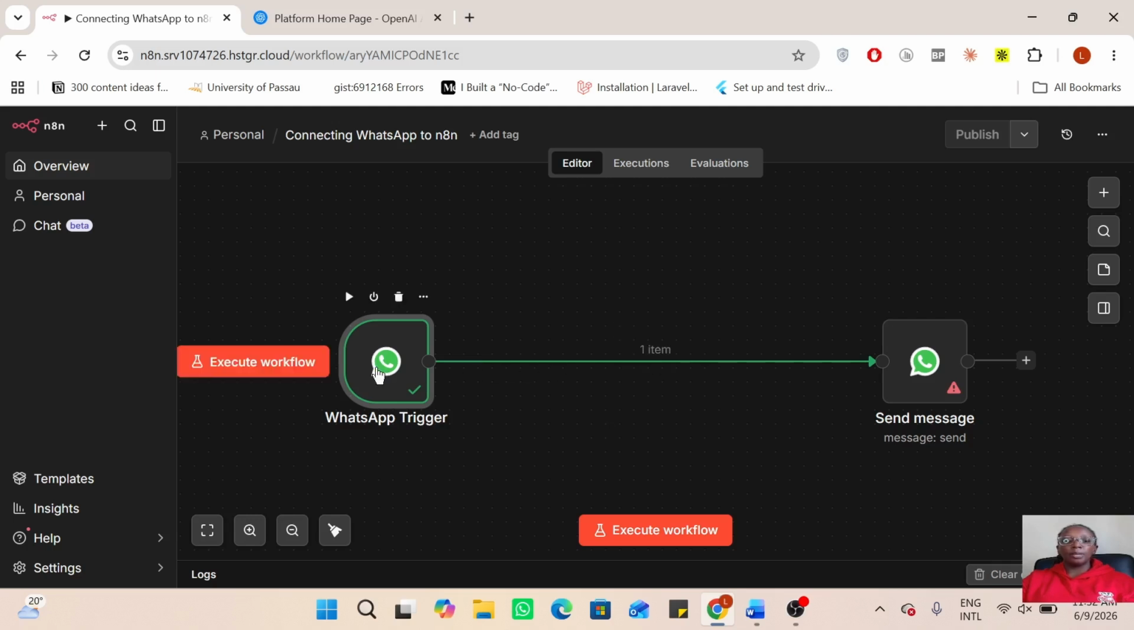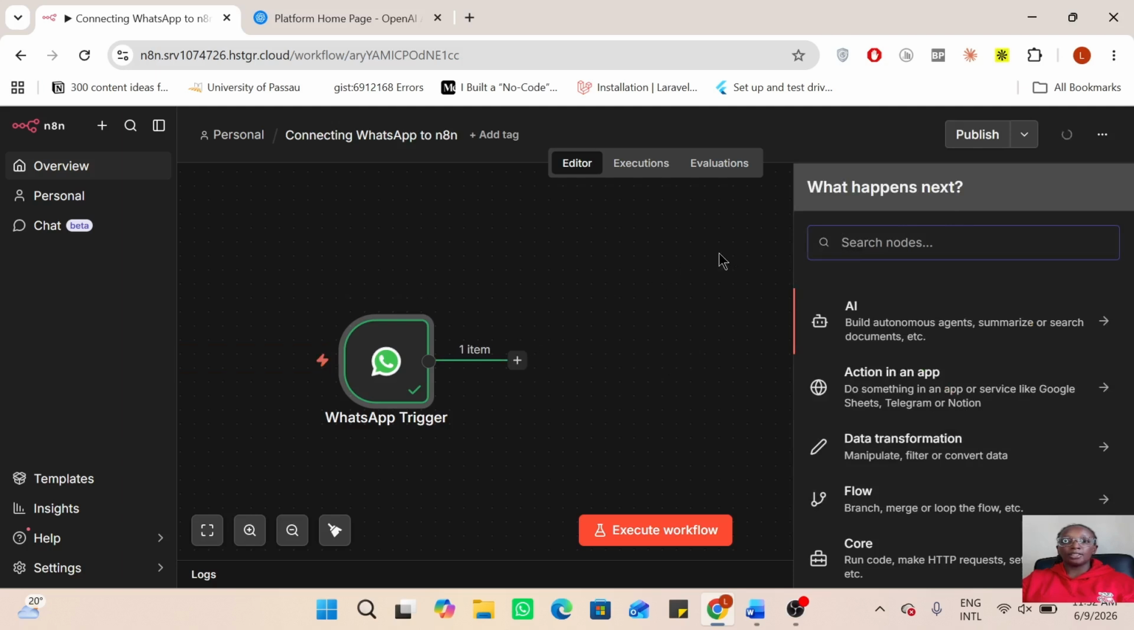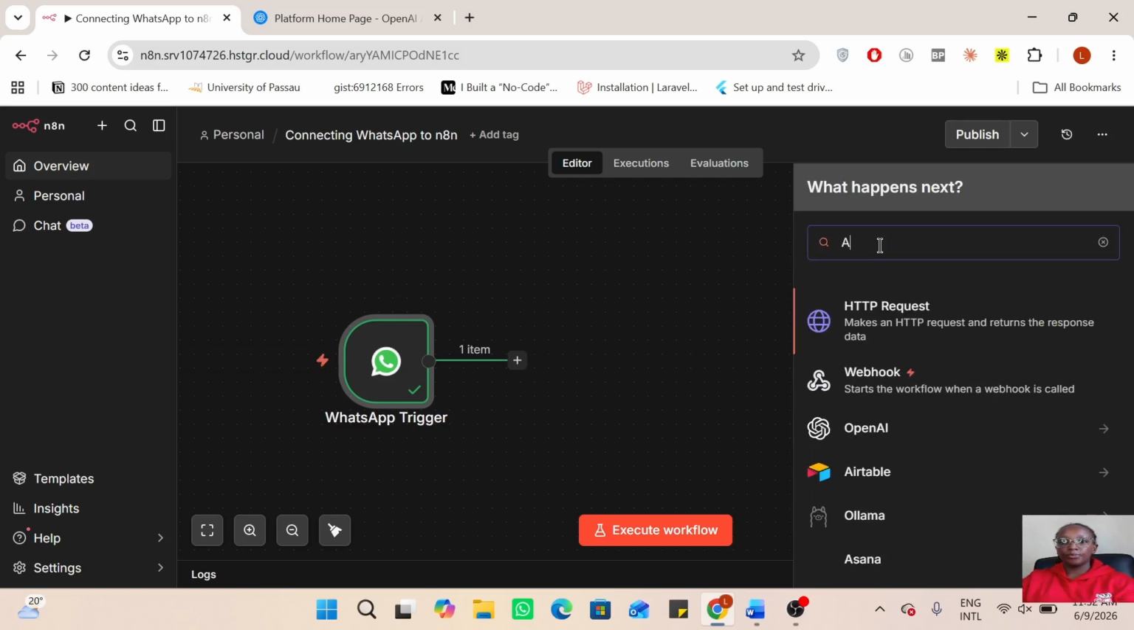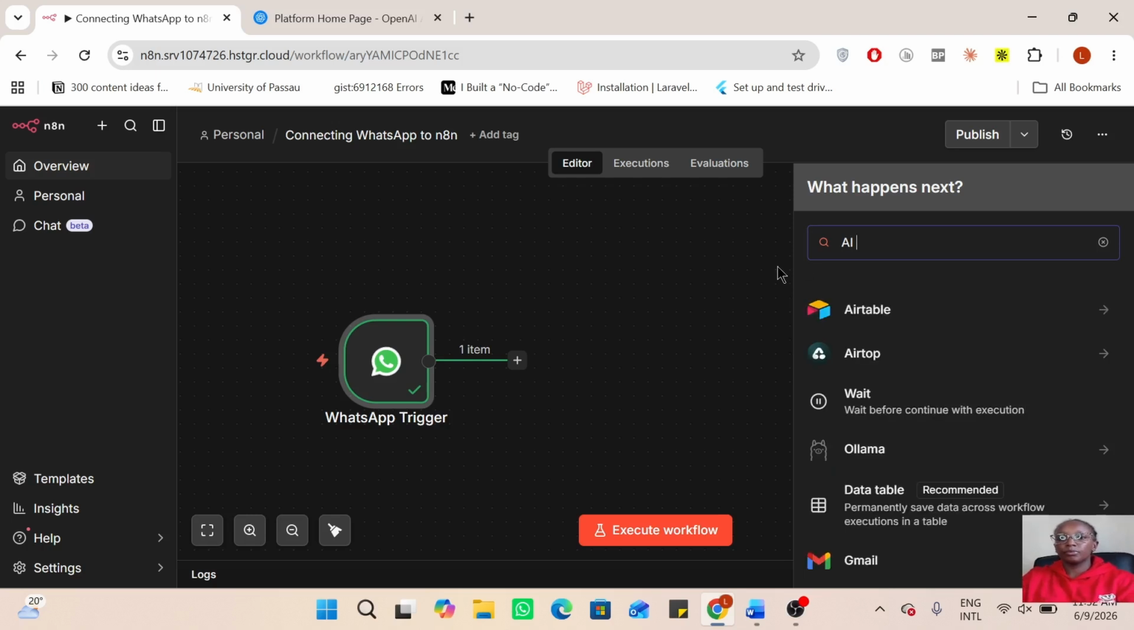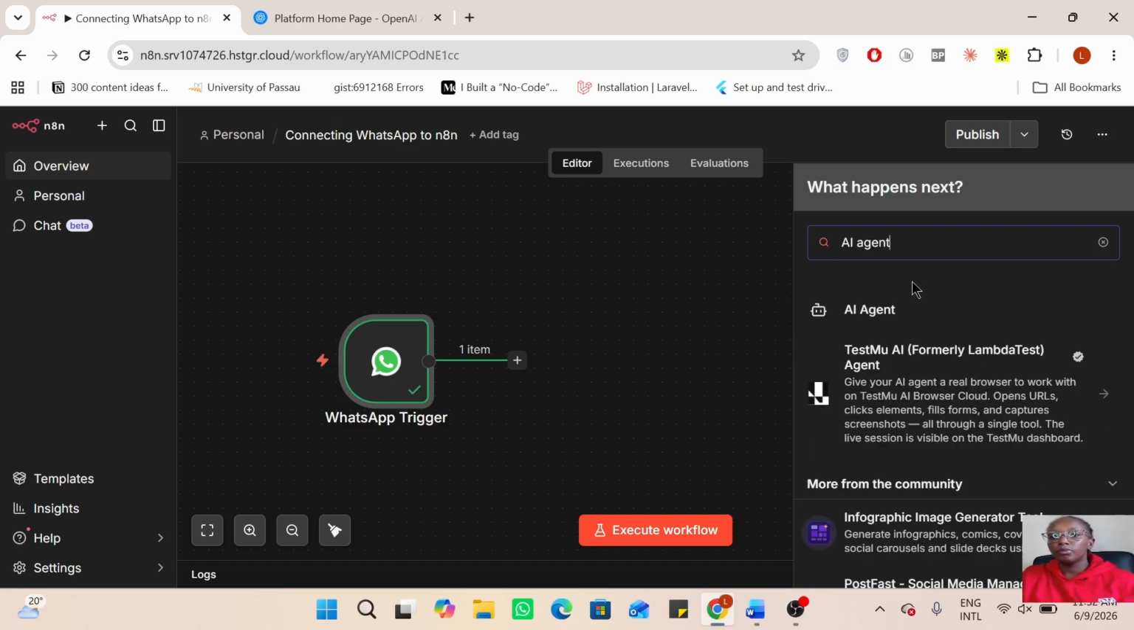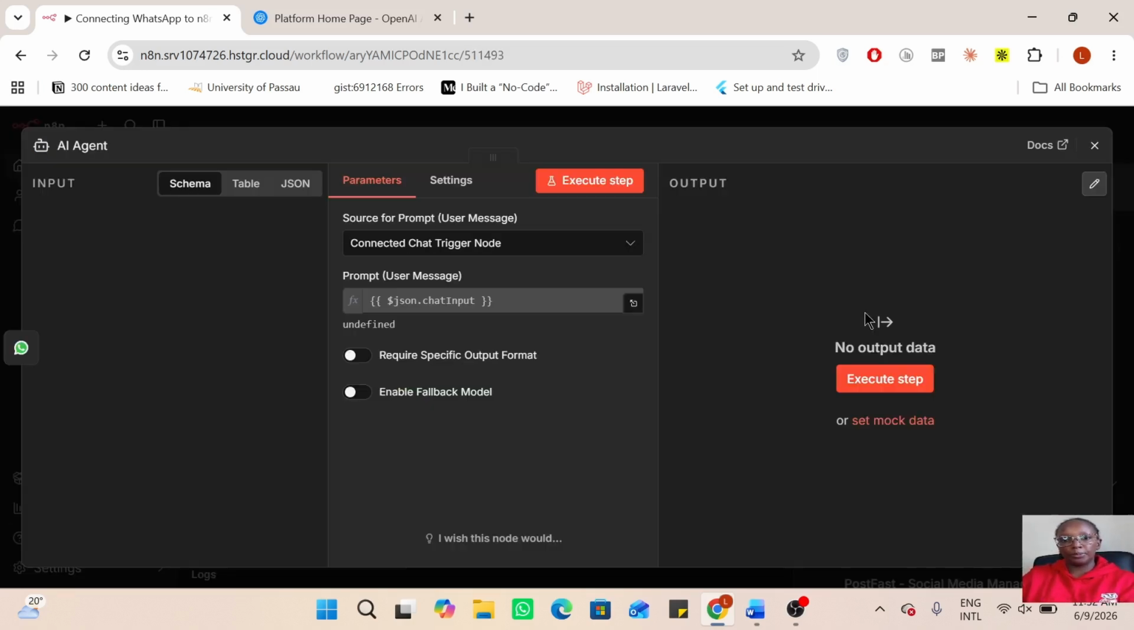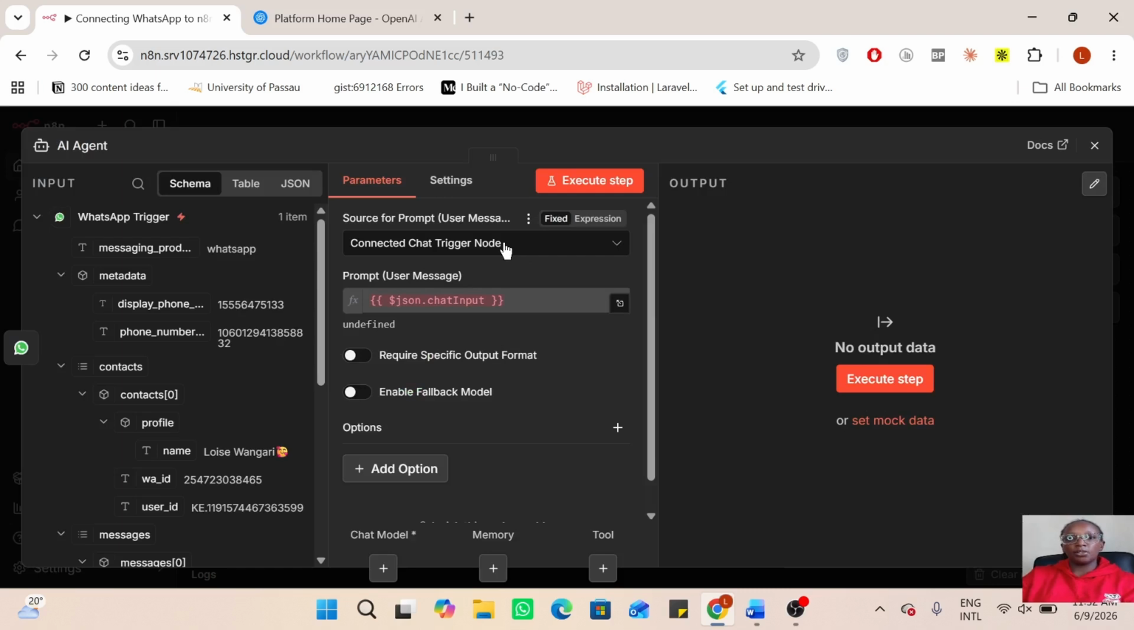It receives the WhatsApp message here, it reads it, and then it responds here. So we're going to just delete this connection so we can add our AI agent. Just go and say AI agent. There. So an AI agent is going to need